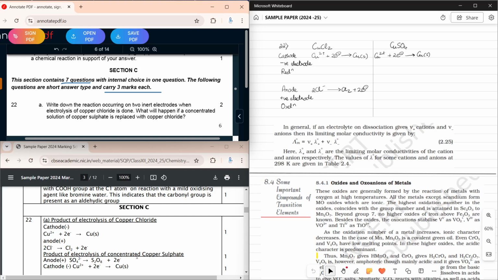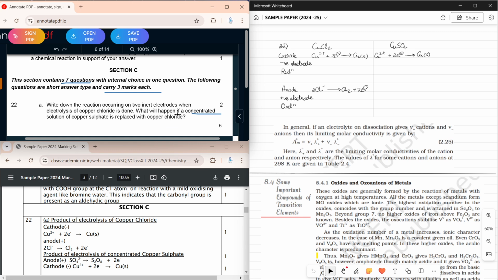but I think the SO4 2- undergoing oxidation is incorrect. First of all, for the sulfate ion, sulfur is in its maximum oxidation number. This means that it cannot further undergo oxidation that easily, right? So let's say, for example, here they've also said that we're talking about a concentrated solution. Even if there is a concentrated solution, it means that it's going to have some amount of, and again, this is what I understood,